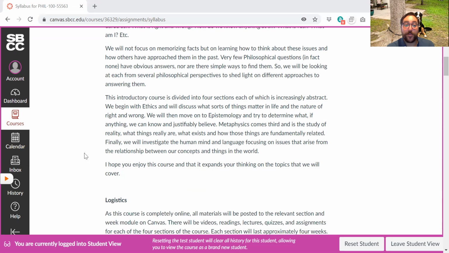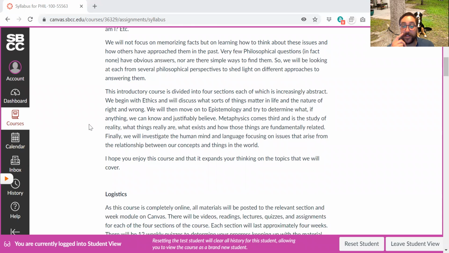Now, the structure of the course. This course is going to be divided into 4 sections, each of which gets more and more abstract, right? So we're going to begin with ethics, which hopefully you know a little bit about, right and wrong. And we're going to discuss things that generally people think matter in life. We're going to talk about some real issues, focusing first on some current events, and then discussing things like life and death, in particular, the case of abortion, I think is one of the more interesting and philosophically rich topics